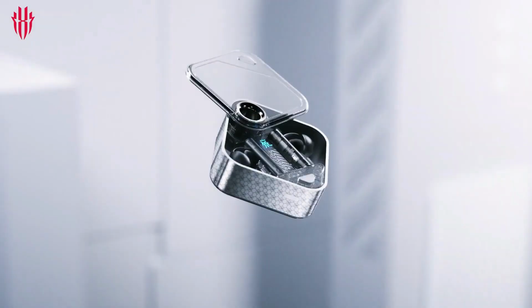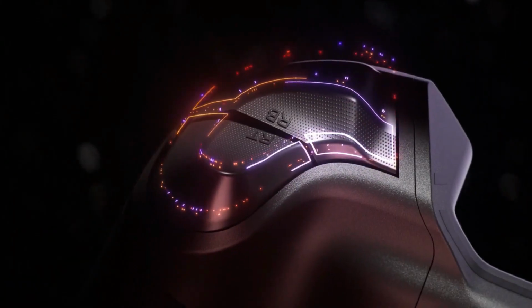Today we will be looking at 15 great devices that you can simply acquire to enhance your life by providing